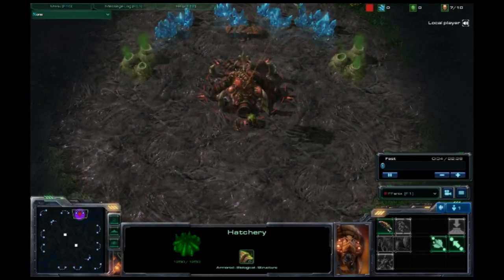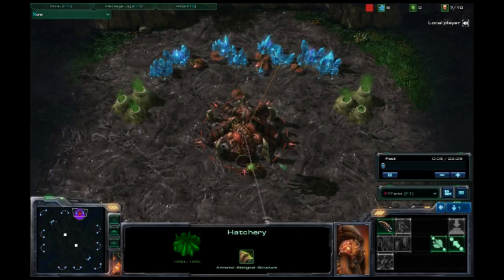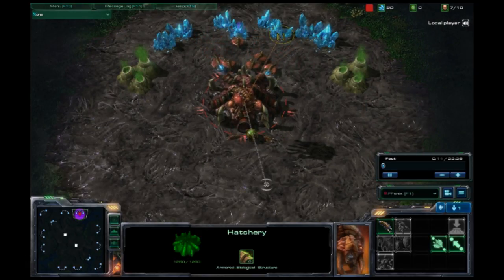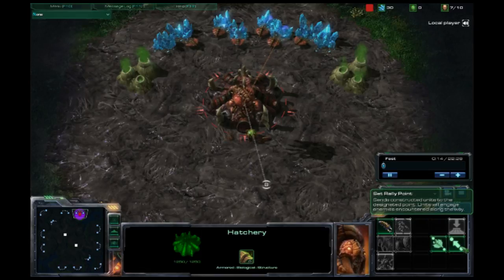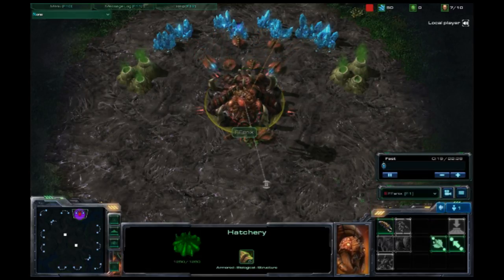Alright, here's part two, where we're talking all about Zerg. Zerg is a bit unique. They have two waypoints, one for the drones, the workers, as you can see, and one for the actual units that come out of it. And there's the queen that comes straight off from the